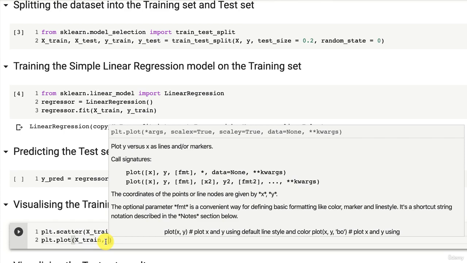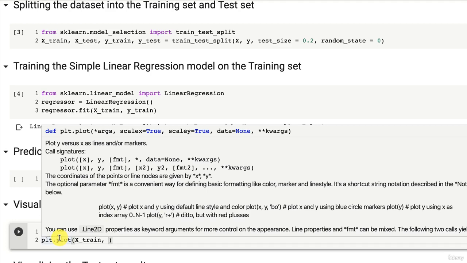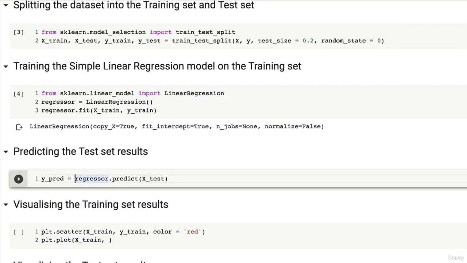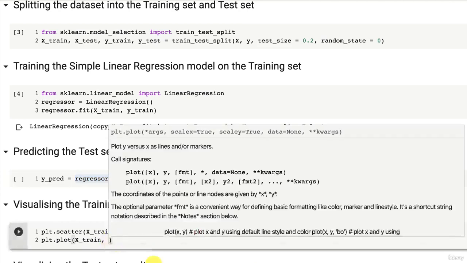And according to you, which ones are these? Well, it's something we haven't created yet. We created actually the y_pred variable containing the predicted salaries of the test set, but we haven't created a vector containing the predicted salaries of the training set. And that's totally fine. What we'll actually enter here as the y coordinate of this plot we're about to make are going to be exactly the predicted salaries of the training set. And to get them, I'm going to copy this and paste that right here.